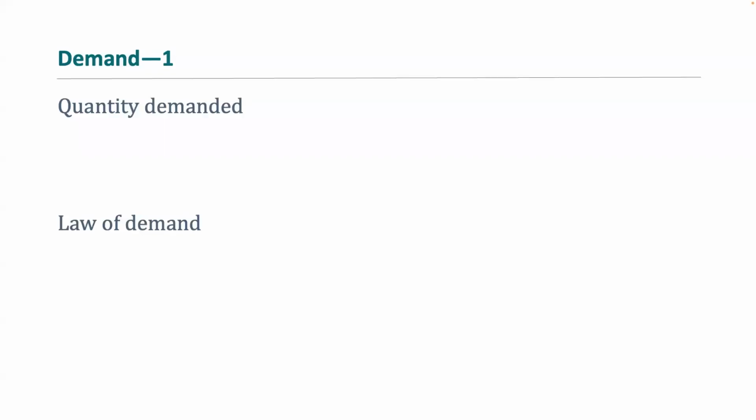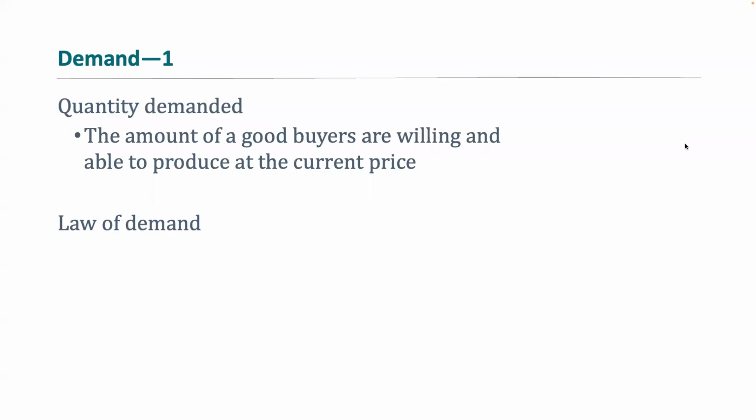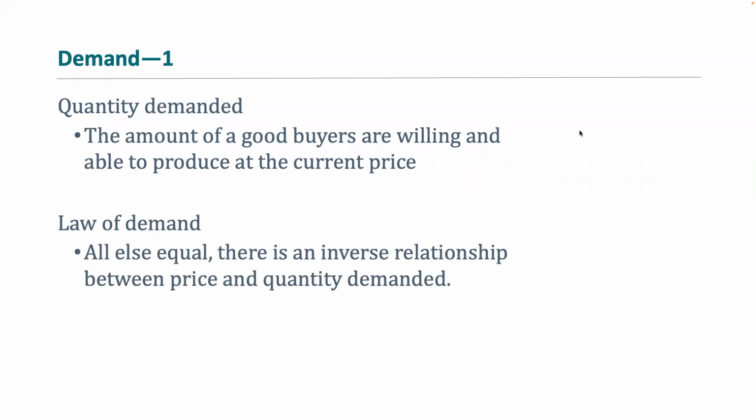Hello everyone. This video is going to cover demand, and we're going to pick right up with the quantity demanded. So the quantity demanded is going to be the amount of goods that buyers are willing and able to produce at the current price. And the law of demand is that all else equal, there's an inverse relationship between price